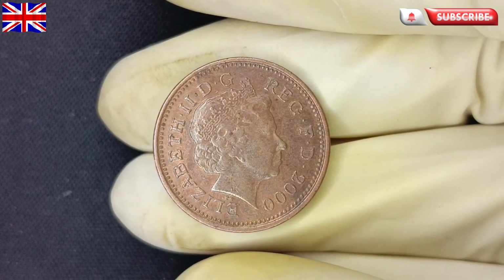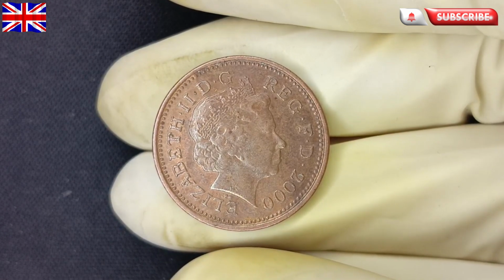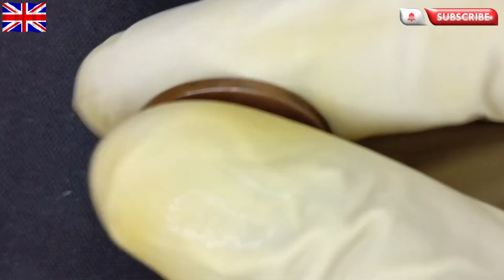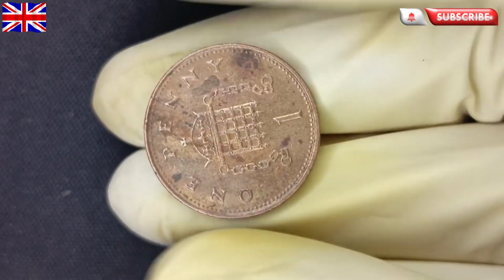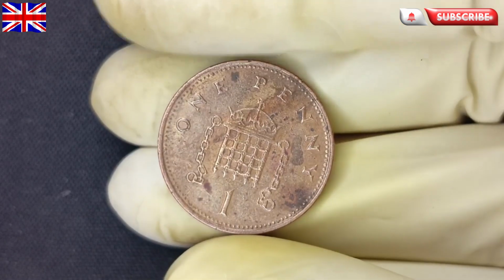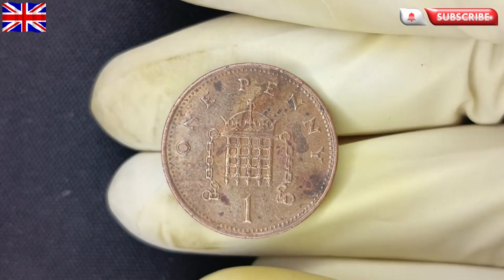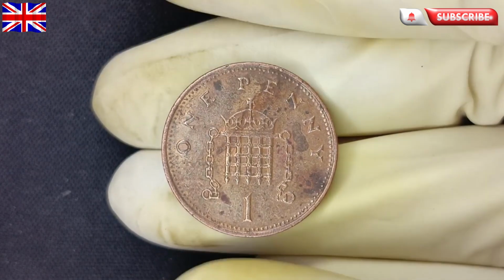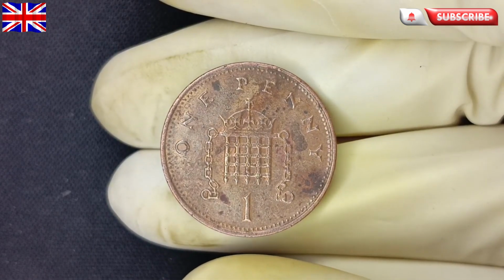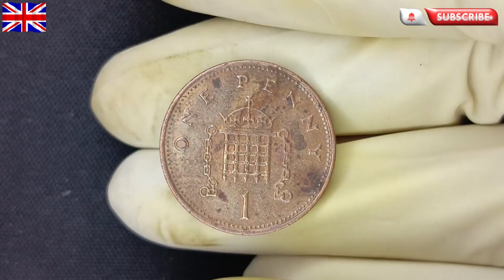The portcullis, a symbol originally associated with the Palace of Westminster, reflects themes of governance, protection, and strength. The chains draped elegantly from the portcullis bars symbolize unity and security, linking the past to the present. Just below the design, the words 1 penny affirm the coin's denomination, simple yet commanding. Every curve of the gate, every line of the chains, was meticulously crafted, a tiny canvas telling a grand story